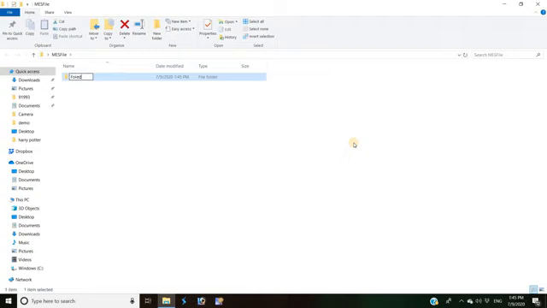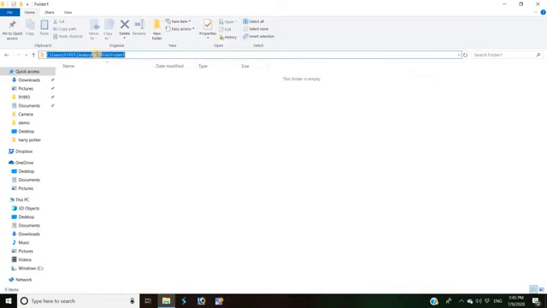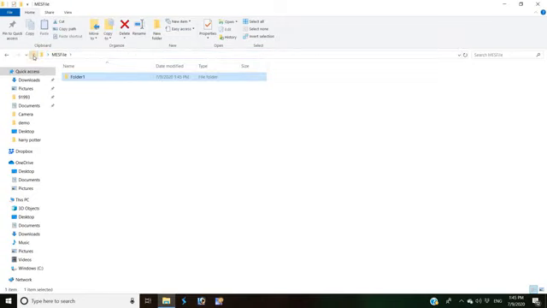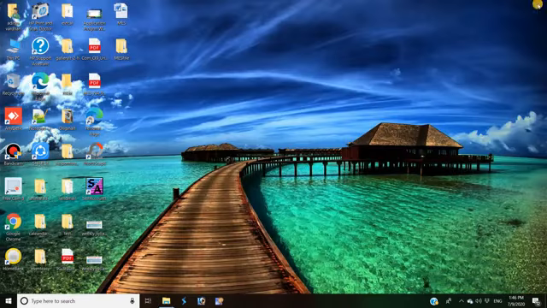Folder 1. The name of the folder is Folder 1 here. Again, if you require to create a folder in this folder, again click here. This is the address bar. Clicking Up will bring you back to its parent folder. Okay, so this way you can create a folder and rename the folder.